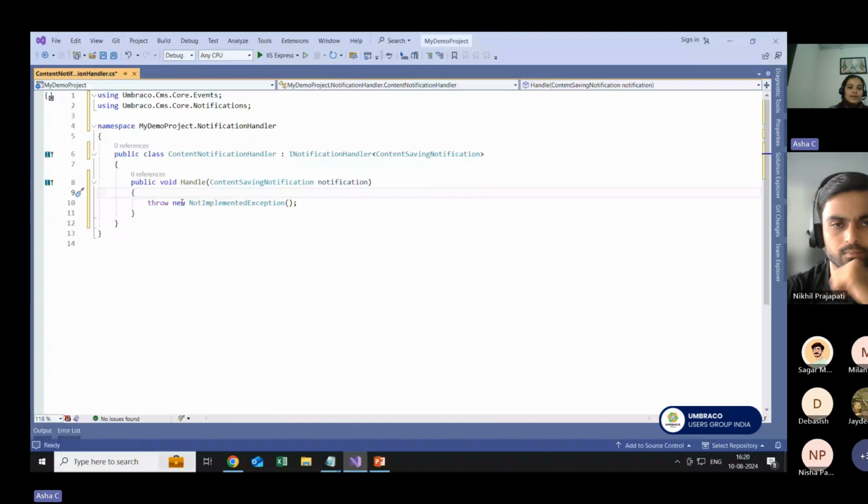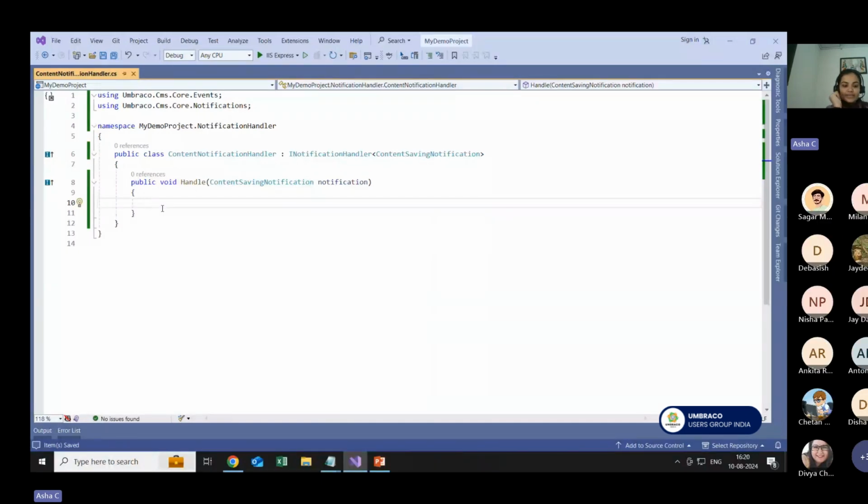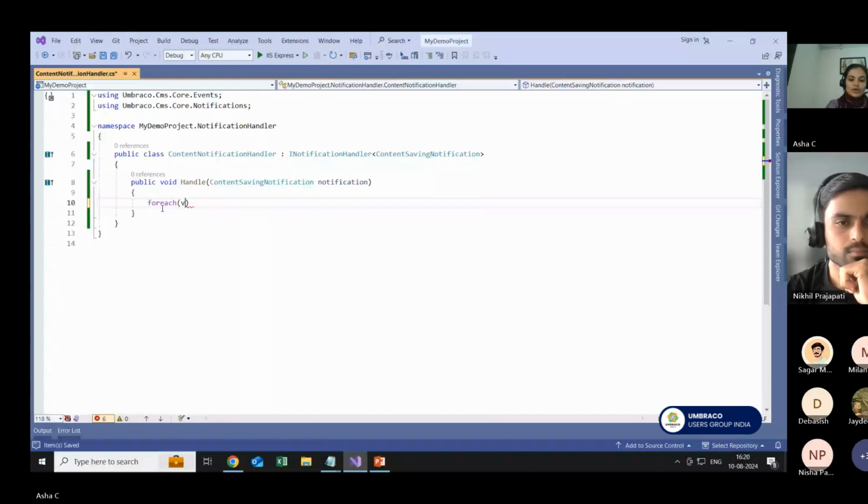Now we need to implement this interface as a handle method, which has this content saving notification parameter. And here I will get the first few lines of the code. In this notification, we will receive some saving entities, so we need to do a foreach for this. For example, let's see, entities in notification dot